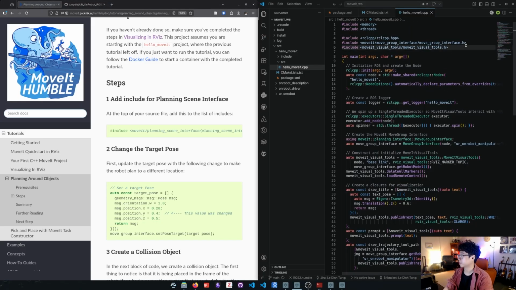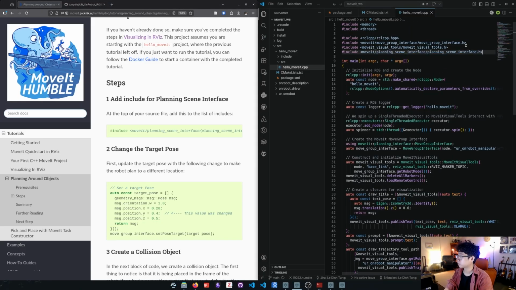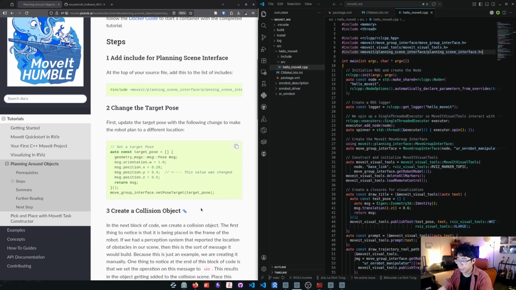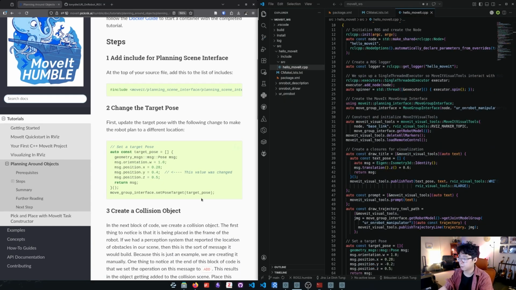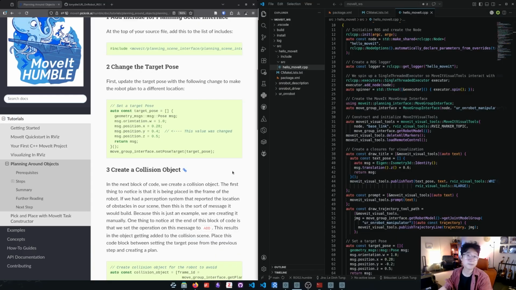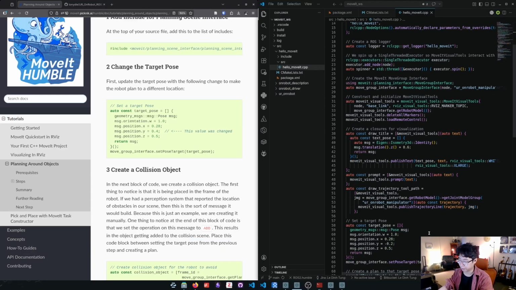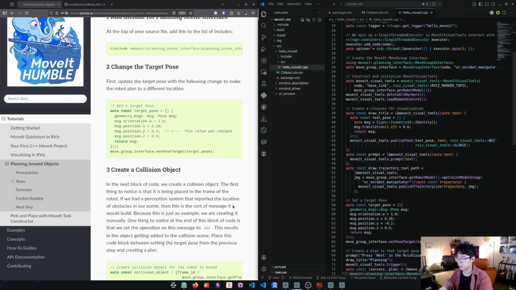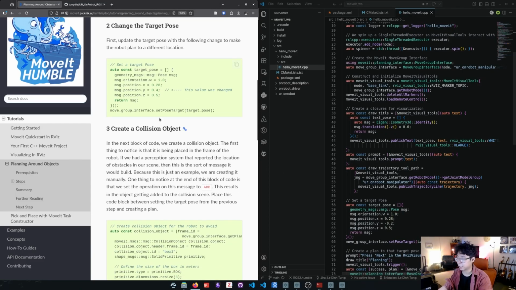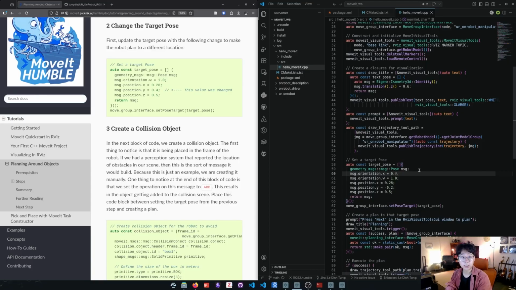So let's just add it at the top here and change the target pose. Now, for me, I've played around with a few target poses before making this video, so I know what's a good one for the current robot that I'm using, which is the UR3e and the RG2 gripper. So I'm going to put the values here instead of the ones that are recommended on here. This is for the Panda. So here I'm setting it to be